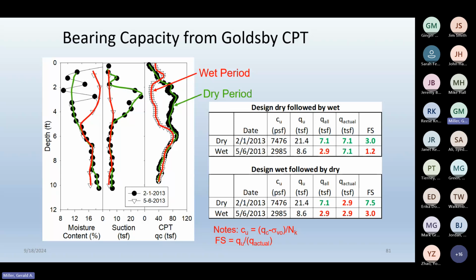So here you can see the results. Again, the allowables are very high, and that's because the ultimates are very high. Not that we would necessarily give allowable bearing pressures of that magnitude, but that's what the data bears out in terms of the strength analysis. There are other considerations, again, like settlement, that we have to consider. But you can see if you design dry and then you get a wet period, and you keep the same recommended actual bearing pressure, you're going to end up with a change in factor of safety from 3 to 1.2. That's a little scary,